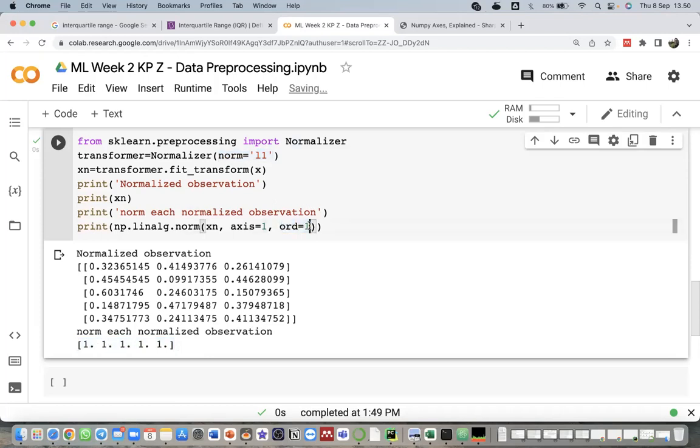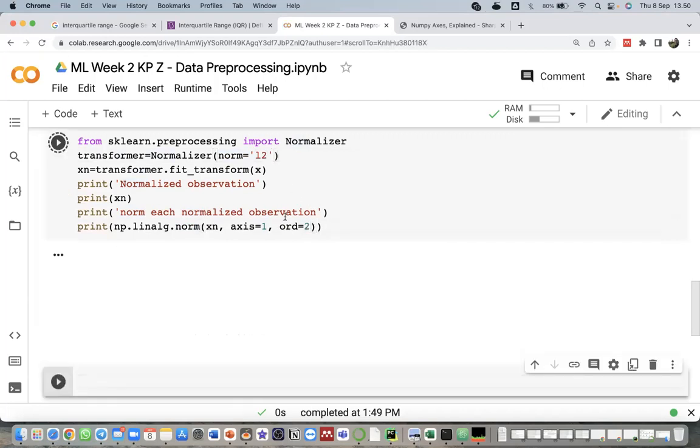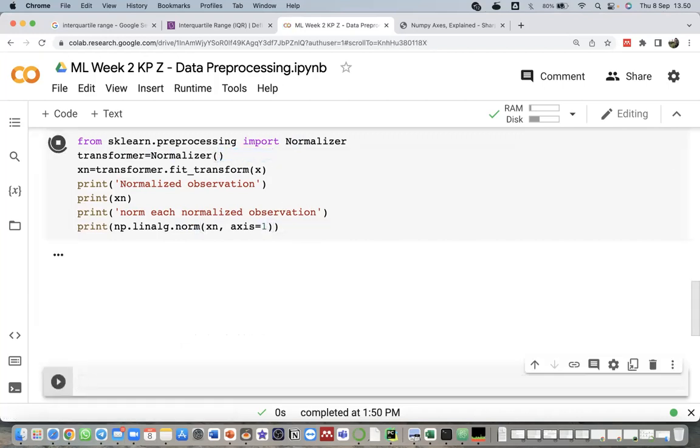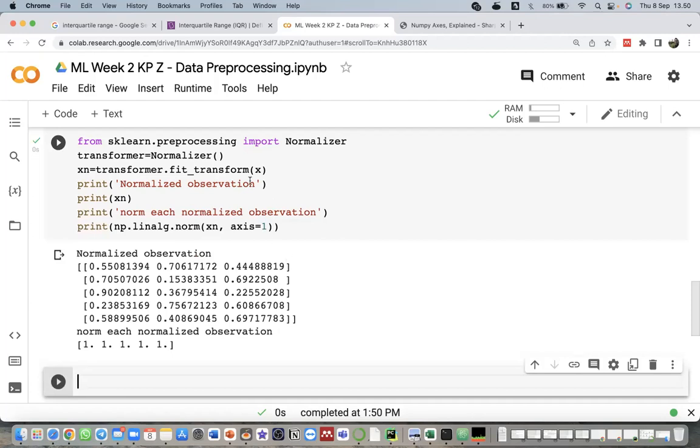We need to give the order argument inside the norm, because the norm function will not know which normalization we use. If we use L1, we need to change the order to 1. If we change to L2, we need to change this to 2. But if we remove this argument and also this argument, it will give us L2 normalization, because the default is L2.